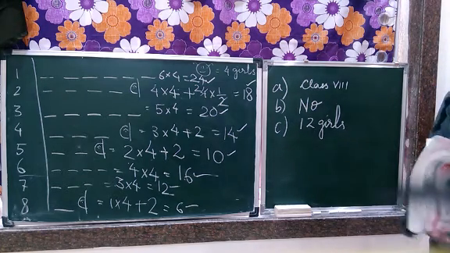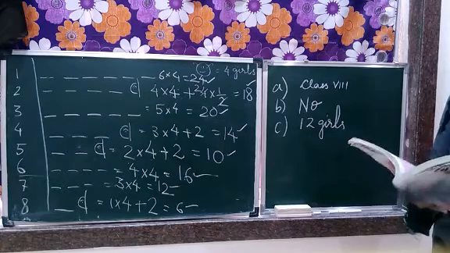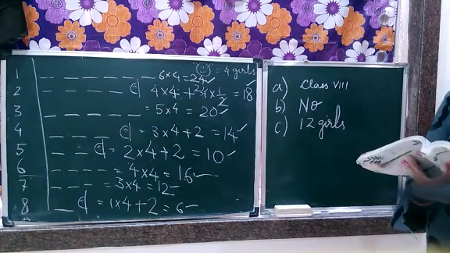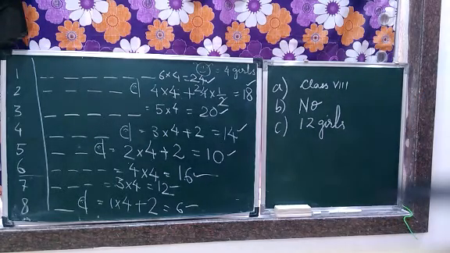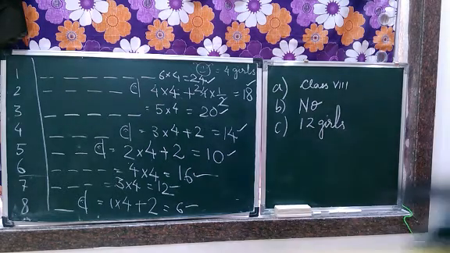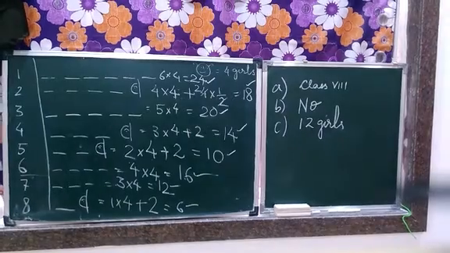Now we will start with question number 6. Again, the sale of electric bulbs on different days of a week is shown below. Each diagram represents 2 bulbs. So there are no halves. We have to just multiply and write, and then answer the following questions. So again, children, just give me 1 minute to erase the board.